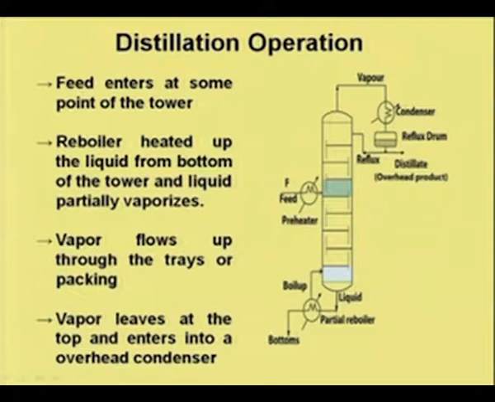There is a reboiler at the bottom of the tower which boils the liquid, or vaporizes the liquid partially, and then the vapor flows up. So, the vapor goes up, and then the vapor leaves at the top,